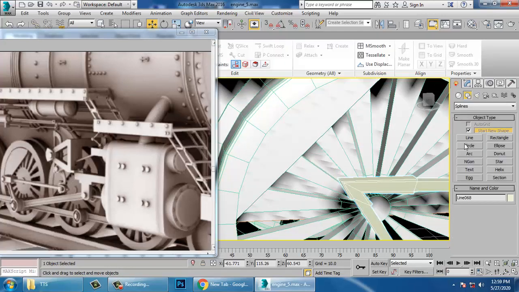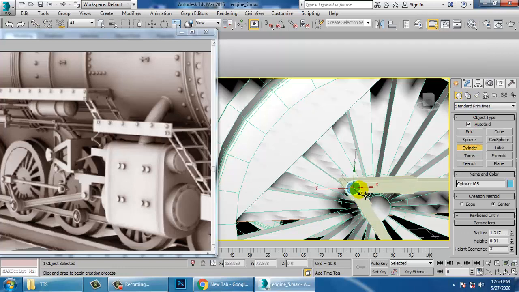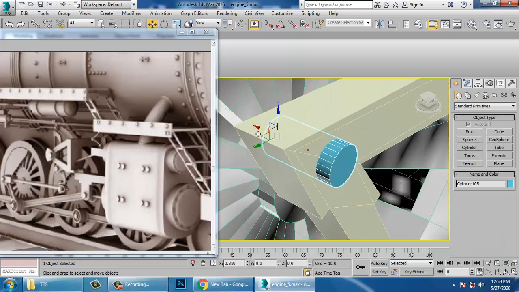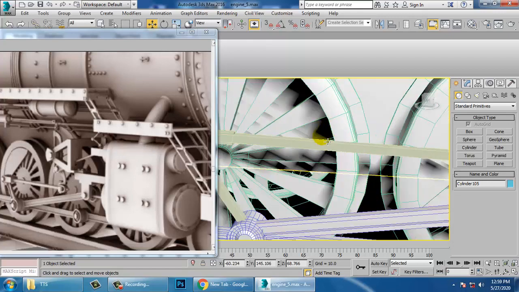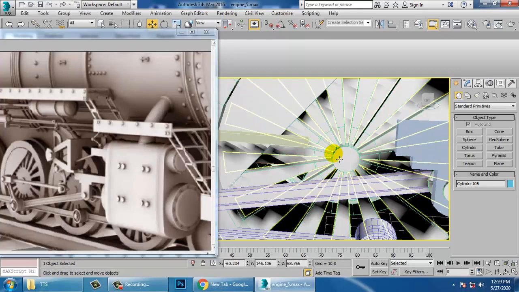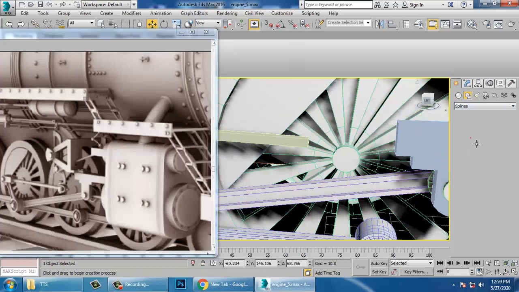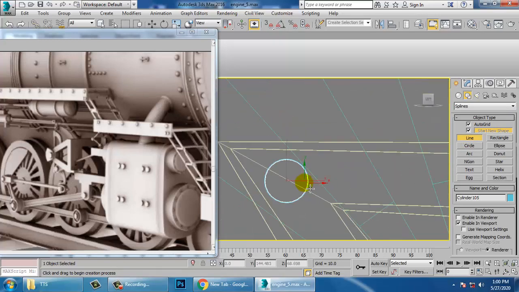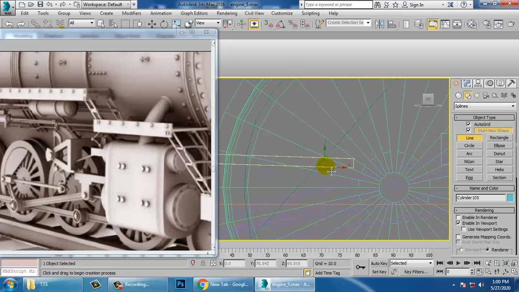And let's take again a cylinder from here. Much better. And just push it inside. That's it. Now what I can do over here is again take a line tool and go onto this side view. Just take a line tool.